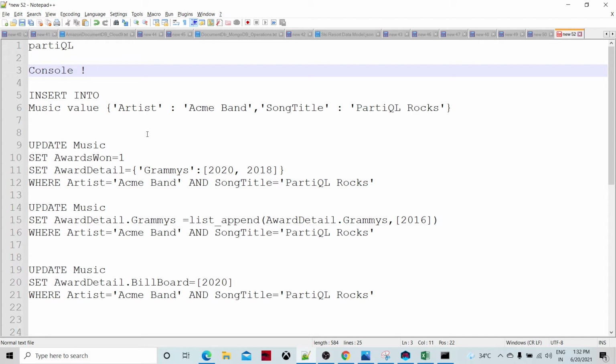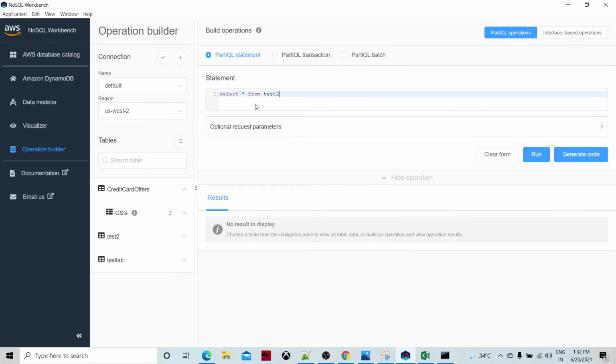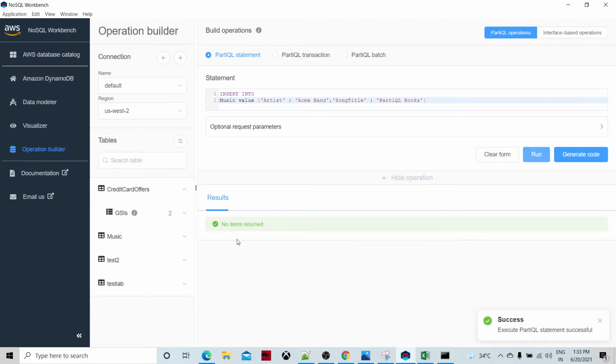Let's go ahead and insert some data into the table. Let's go to NoSQL Workbench and do this one. I can see all the tables. I can perform this run statement. I think this has been successful.